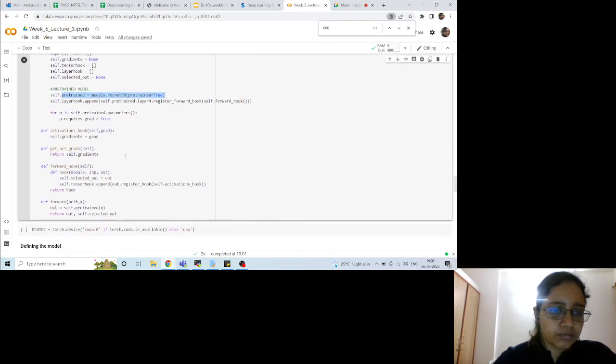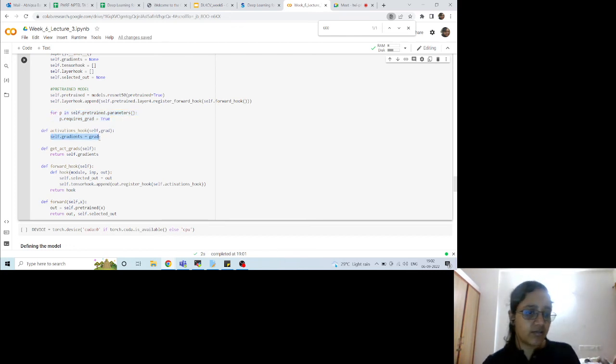And now what you do is, this time you need the gradients, right? So even though your model is in eval mode, you turn on the gradients so that gradients are computed and you store them. So this entire functionality is for storing your gradient values, because if you remember, what we wanted was